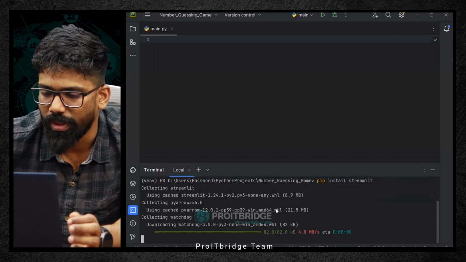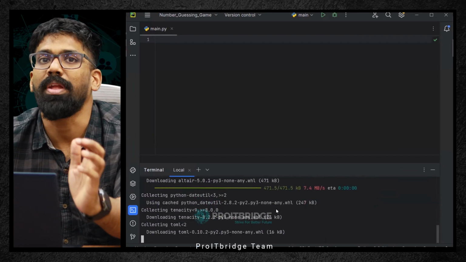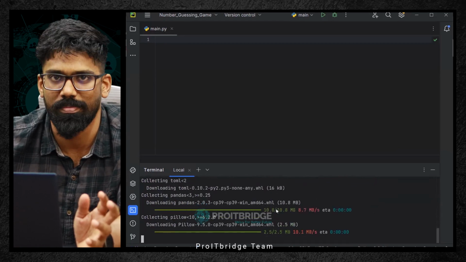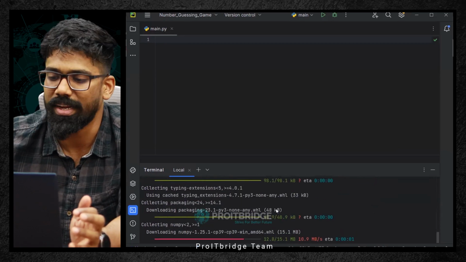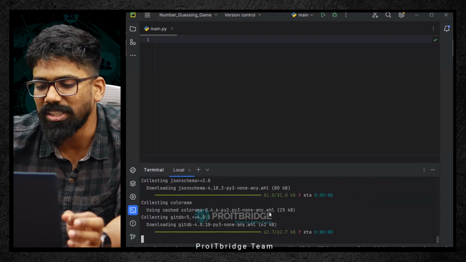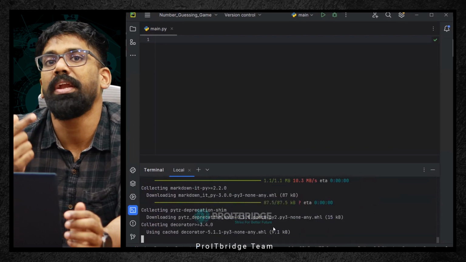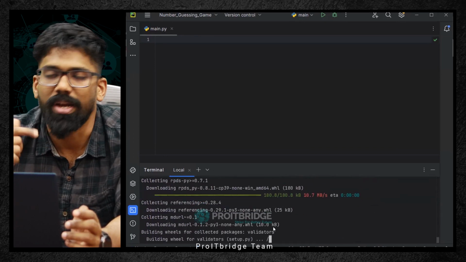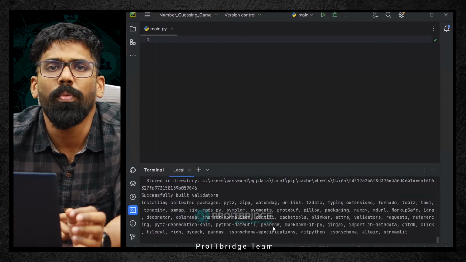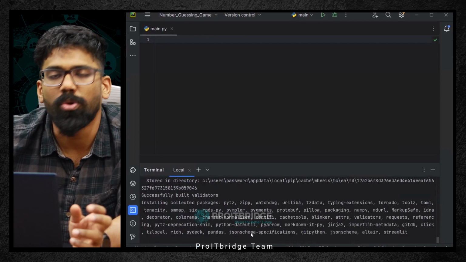Now it is downloading Streamlit from the internet. I never typed any script here. Streamlit itself is getting downloaded from the internet. This will take some time, because first it needs to download and then it will install. It will take two to three minutes.